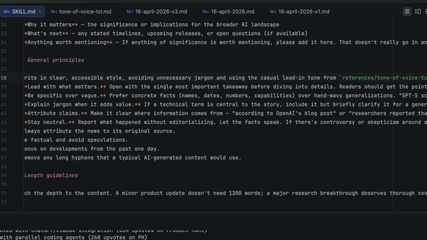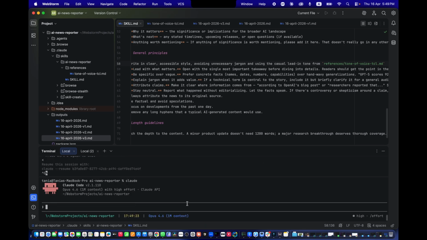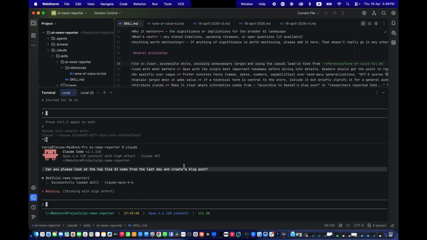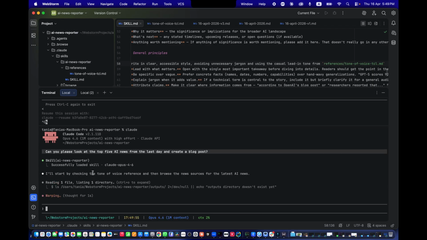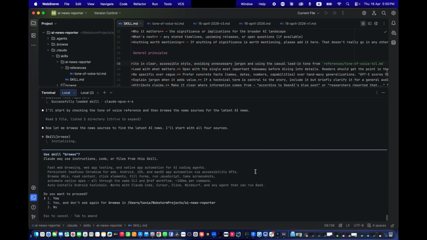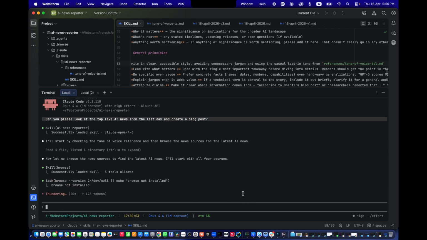Okay, so in this case, let's give it a shot. First, restart Claude again, and now let's say something like, can you please look at the top 5 AI news from the last day and create a blog post. And now we see that the AI news reporter, our skill, was successfully loaded. Now it's starting to check the tone of voice reference and then browse the news sources for the latest AI news. You want to use browse as a skill? Yes, absolutely, we want to. And then,